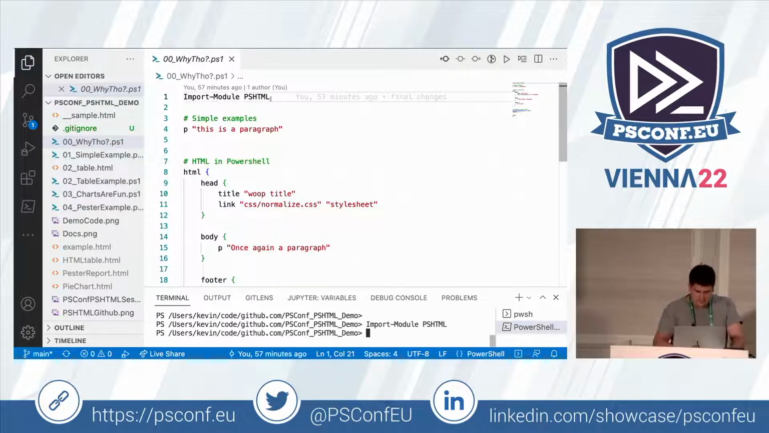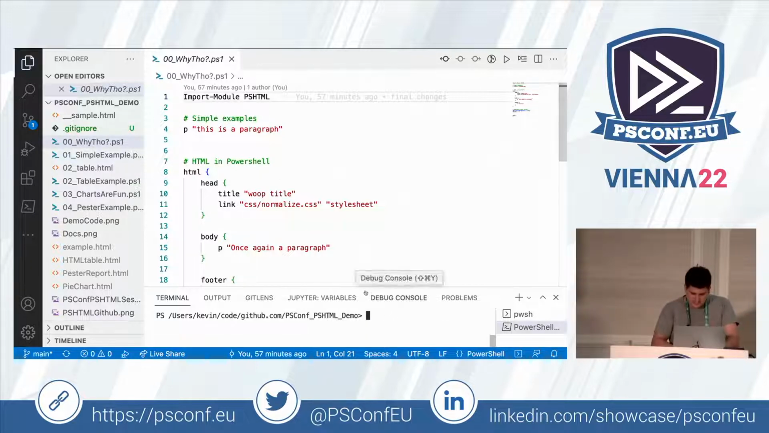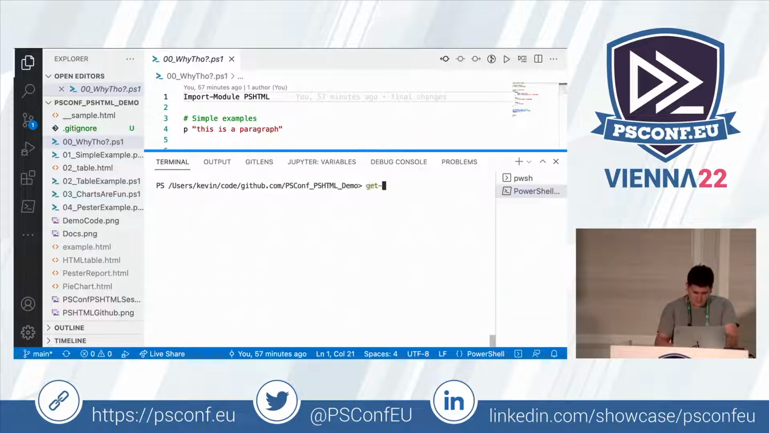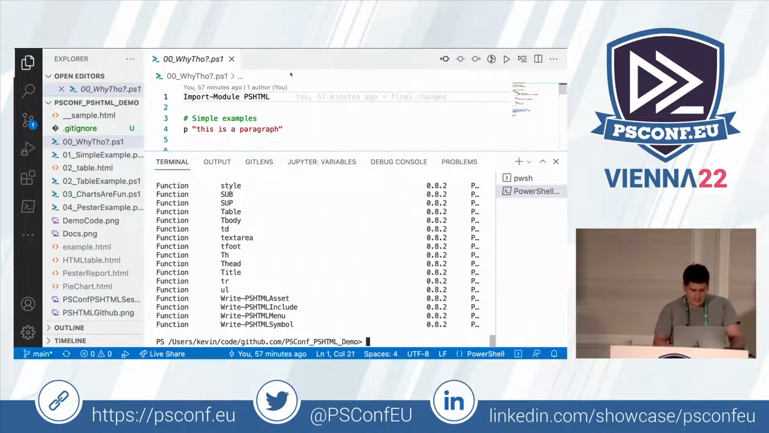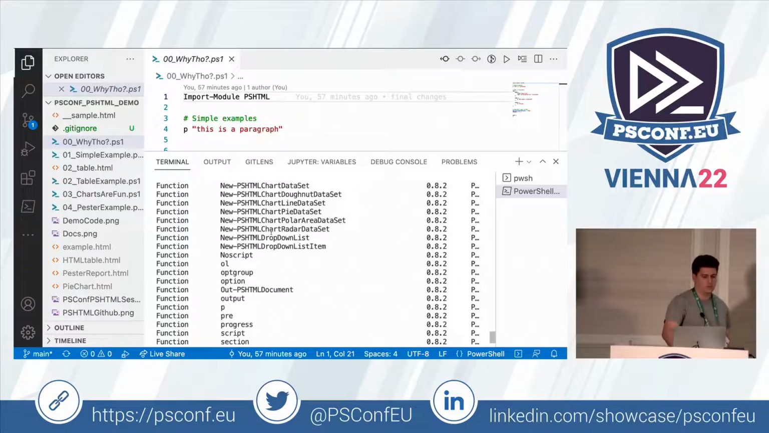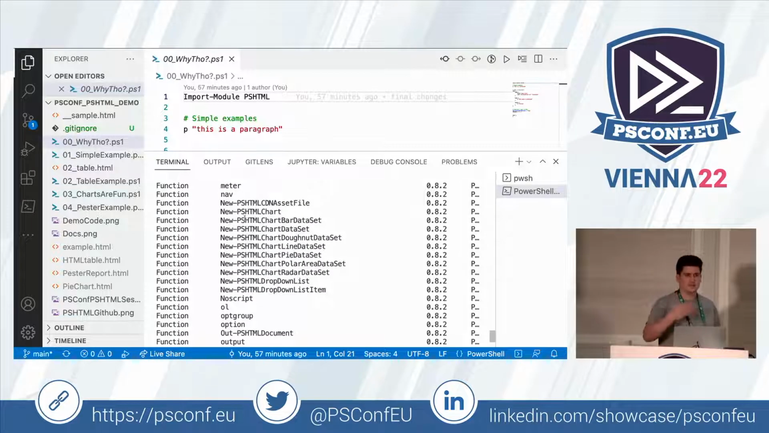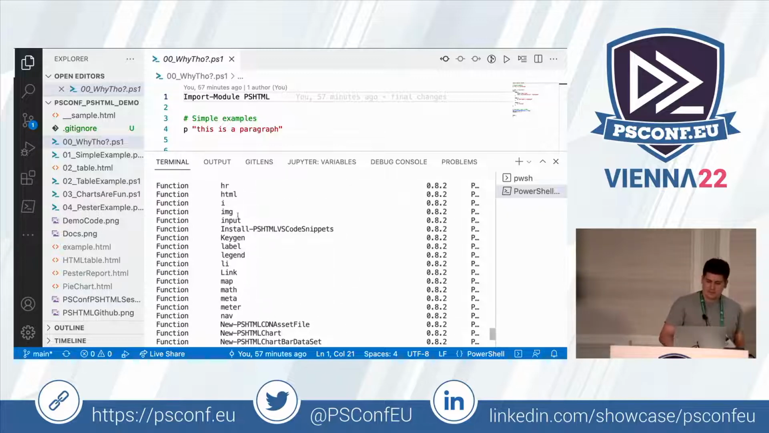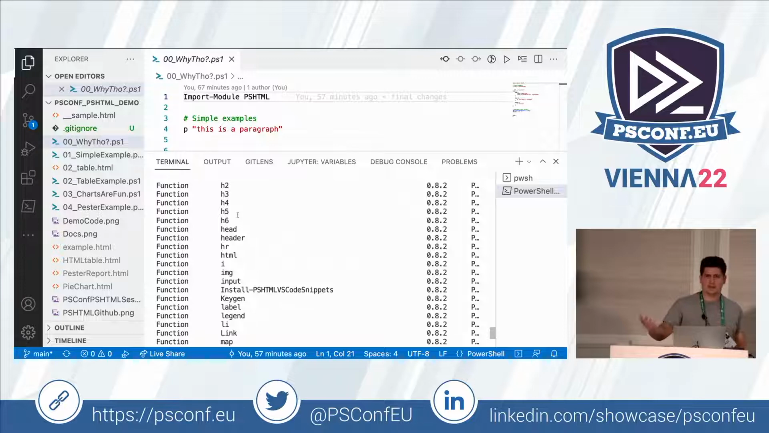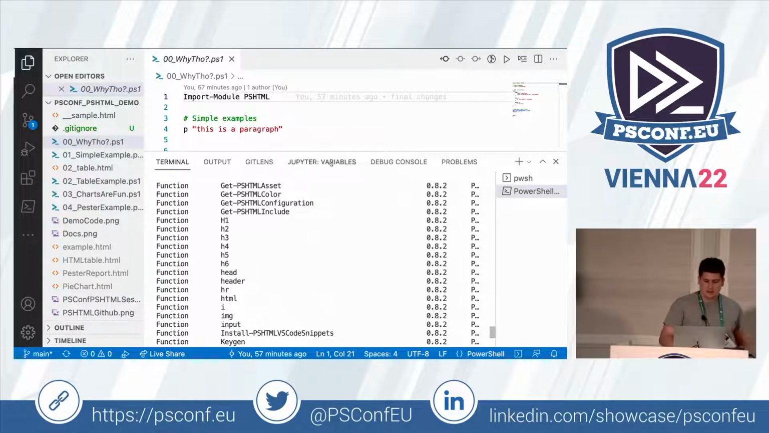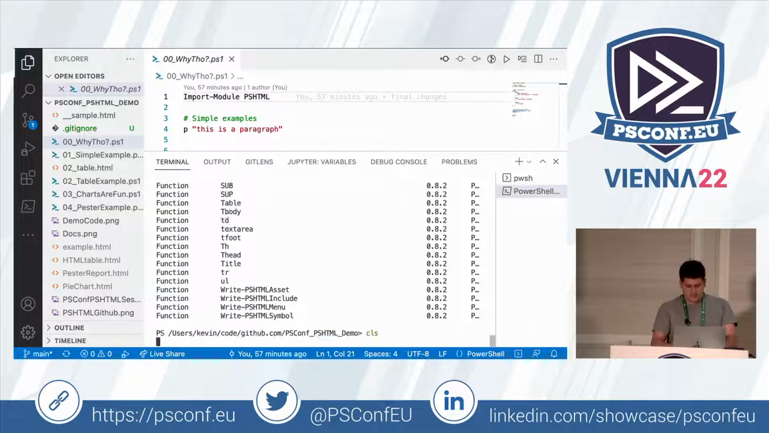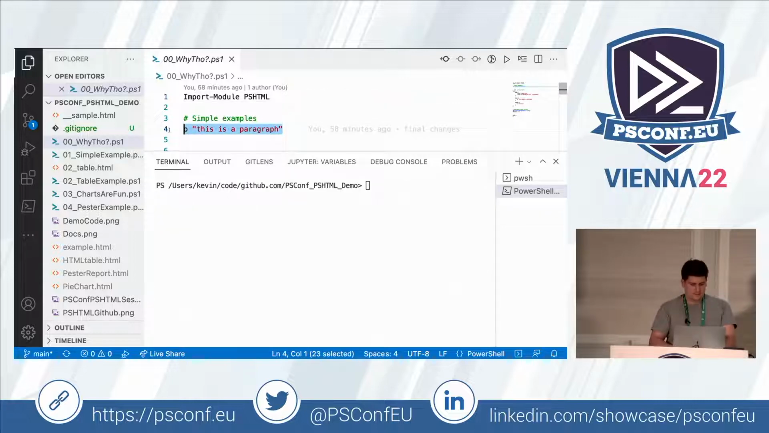If we import the module here, we get a list of functions with this module. So let me quickly show you that. We get a lot of functions actually, and you will notice some of them are more standard, named after PowerShell cmdlets, and some of them are really short function names which are basically named after the tags you use in HTML. So what PSHTML allows us to do in PowerShell, we can run stuff like this